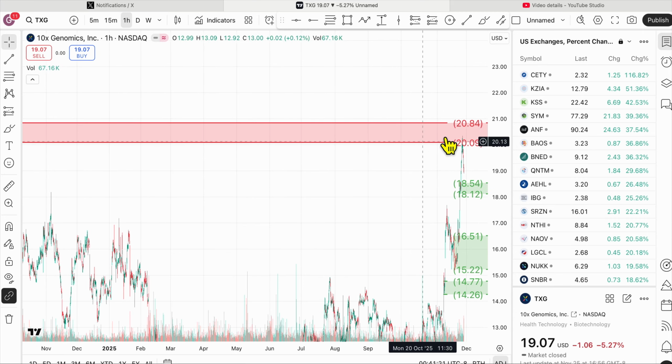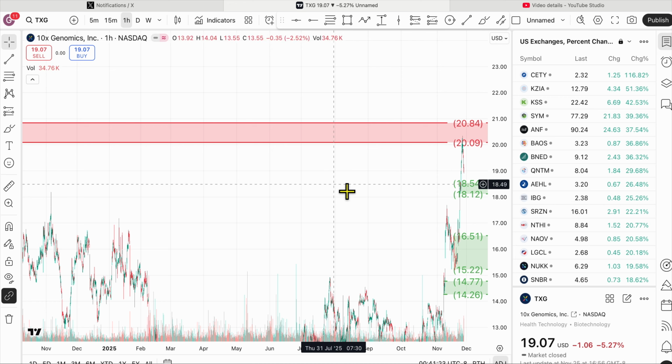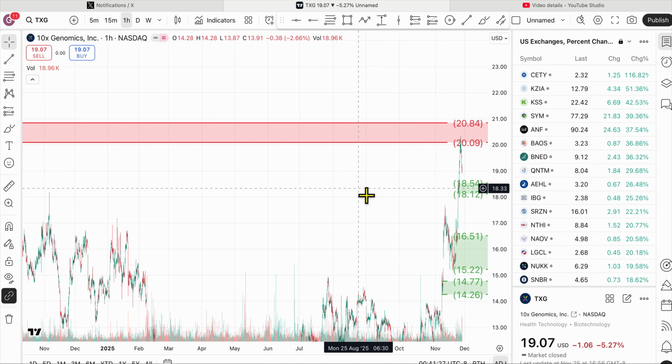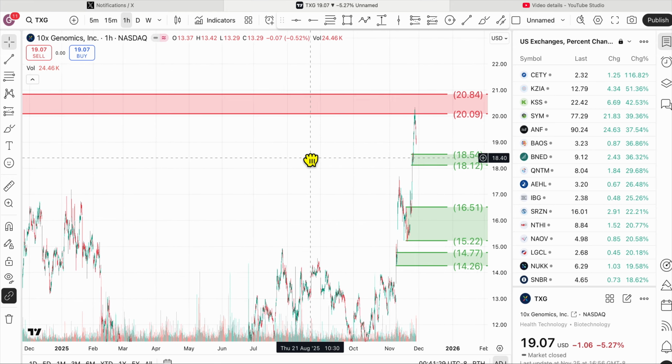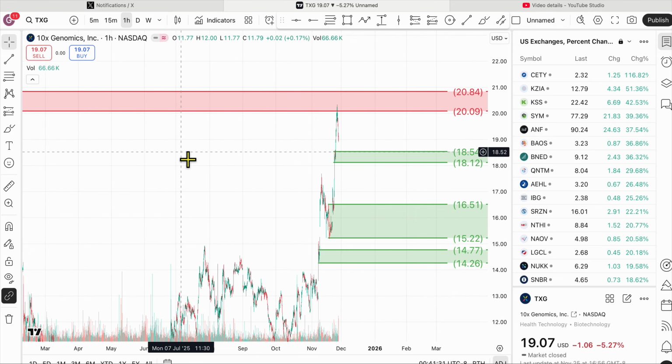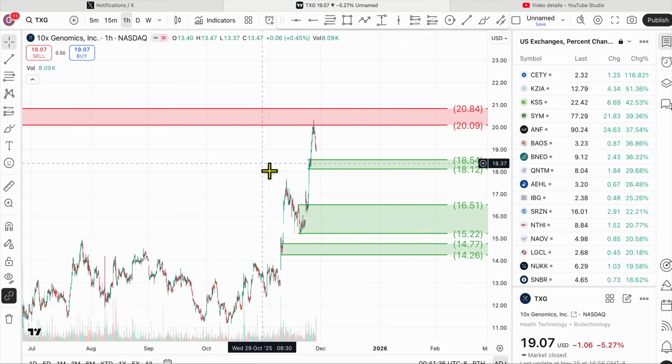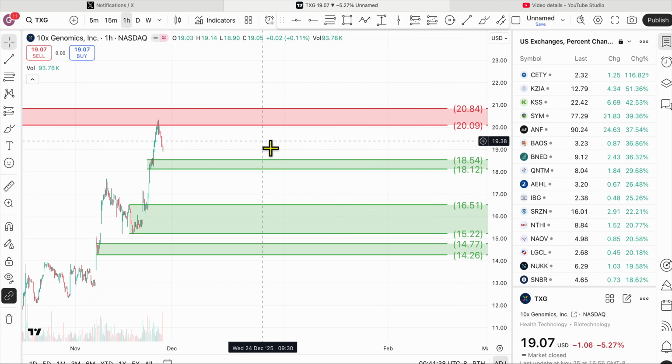So we have to respect this level, this red shaded area, as an area where there are likely to be more sellers if price gets back to that price range. Okay, so now that we've got a good, well-defined resistance level, we've got three support levels to consider, then it's